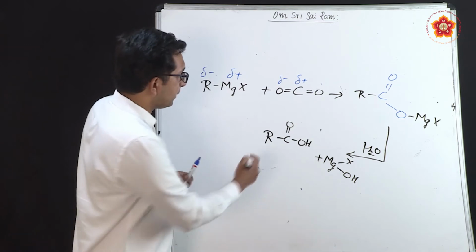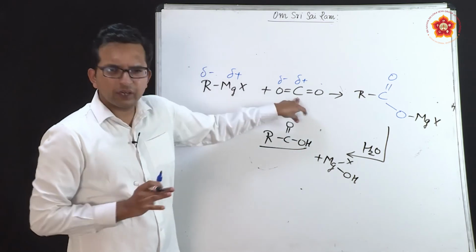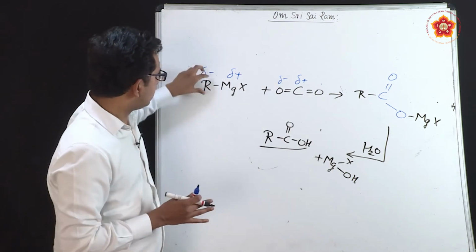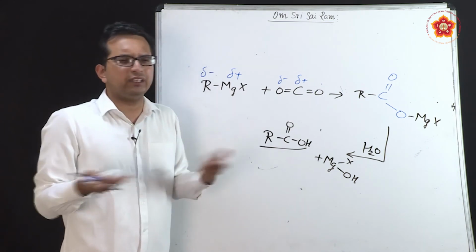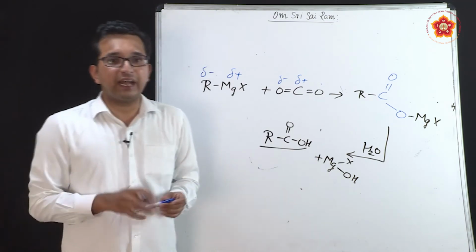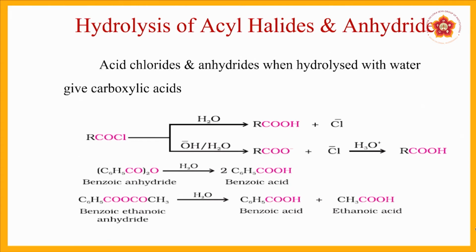So, this is how you can prepare the carboxylic acid, and this is also a pretty utilized reaction because carbon dioxide is a very good reagent that we tend to have. We have also used dry ether in this case, where if you go on changing the amount of R, say CH3, C2H5, C3H7, anything, this changes the final product that you tend to have. So, this is the reaction where utilization of Grignard reagents along with carbon dioxide helps us to obtain carboxylic acids. Moving on, we will now see the hydrolysis of acyl halides as well as anhydrides.